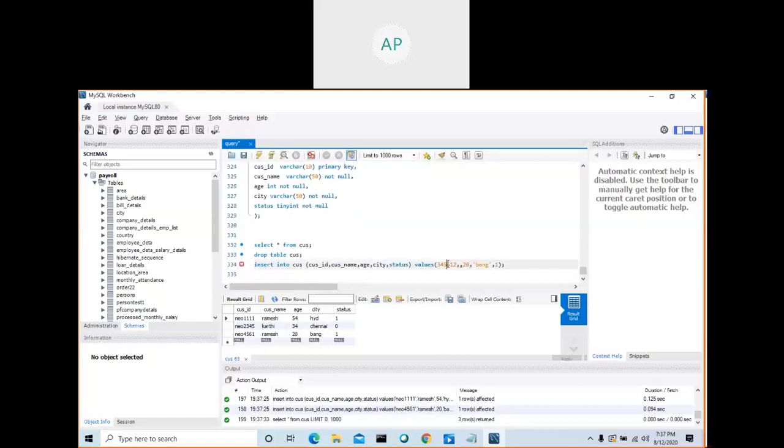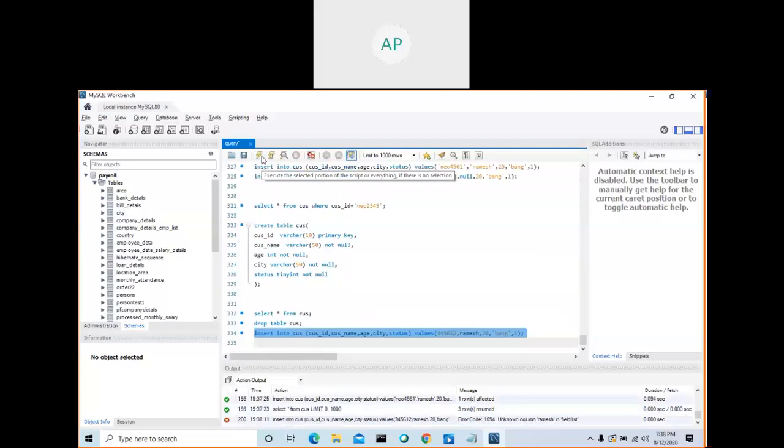Now, this is not a duplicate value. Customer is unique. So this one I can give RAMESH. Ramesh, see, RAMESH. Will it allow? Yeah, it will allow. Only not null. It will not check for duplicates. This column, in the database you inform the MySQL server to check whether it is null or not null. If it is null, it will not allow. If it is not null, it will allow. Even a duplicate, it will allow.